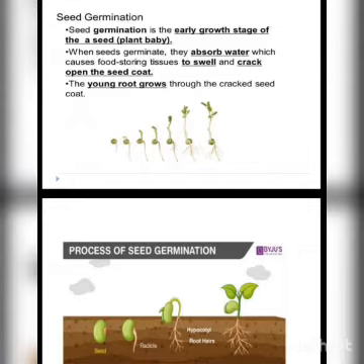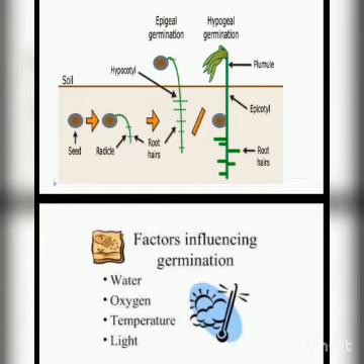A very simple example is the pea. When we break or cut a pea seed, we get two parts, and these two parts are actually the two cotyledons. But in the case of rice, we cannot cut it into two parts. There is only one single part, so it is a monocot. You can see in the figure that the corn we eat is also a monocot seed. The gram, when we break it, gives two parts, so it is a dicot seed.